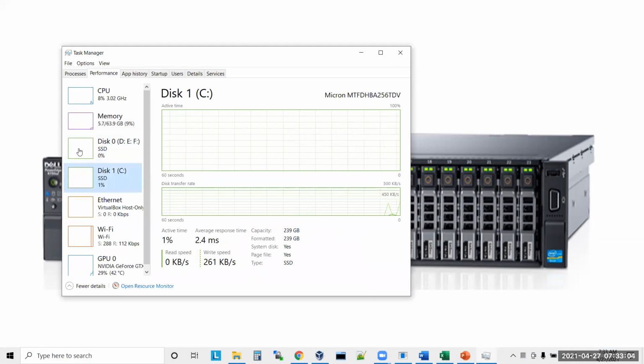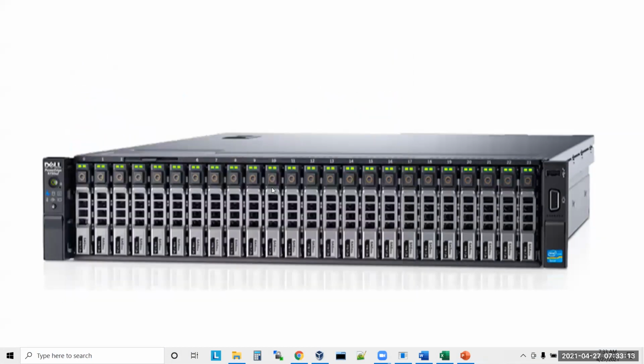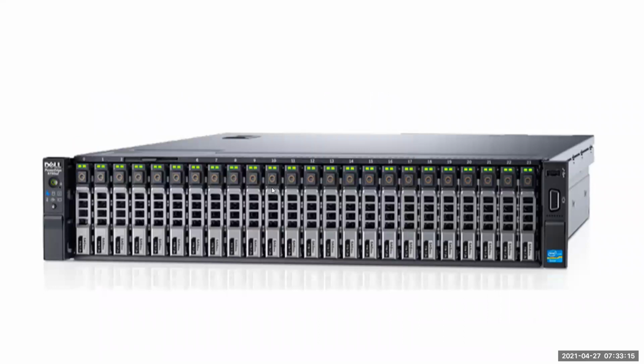Can you see this? 2 SSDs. So my motherboard is supporting 2 hard disks, and it will not support any more, only 2. But real-time servers support 24 hard disks, 24 plus 2, 26 hard disks they will support.